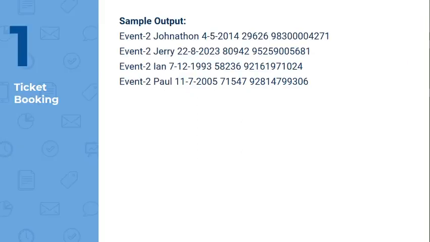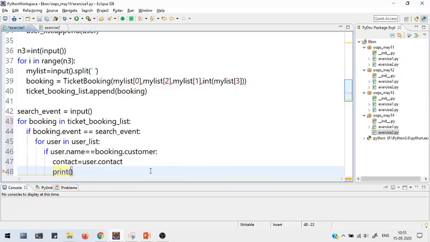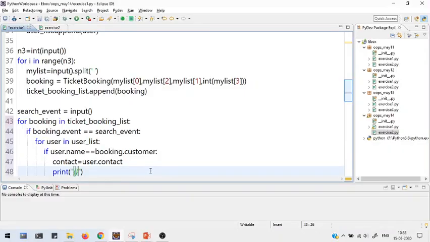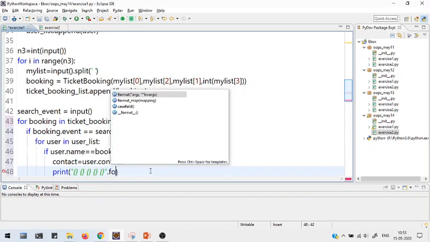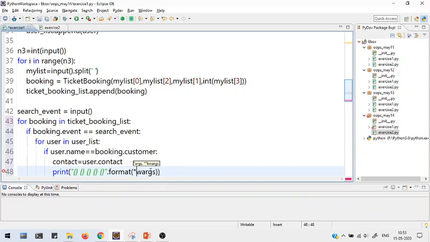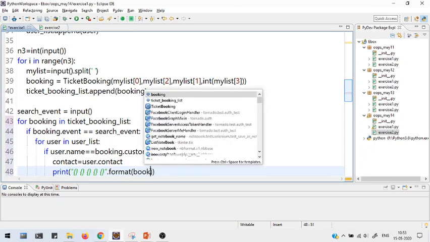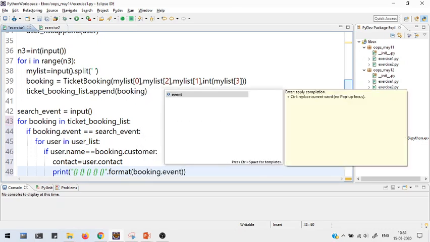Now the only thing left is printing the output. So print, I'm going to use the same way. So how many details? 1 2 3 4 5 separated by a space. So curly brace dot format. The first thing is the event name. So booking dot event, comma,